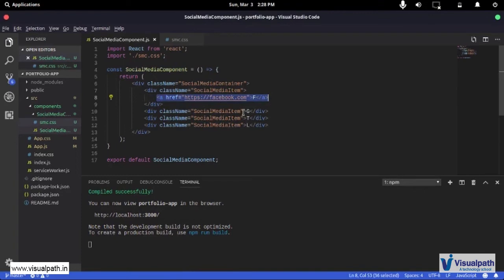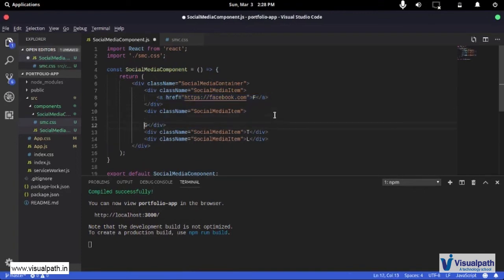And I'm going to copy paste this for all of those. So I'm going to remove this here, paste it here, and I'm going to call it G, and in here I'm going to do the same behavior.